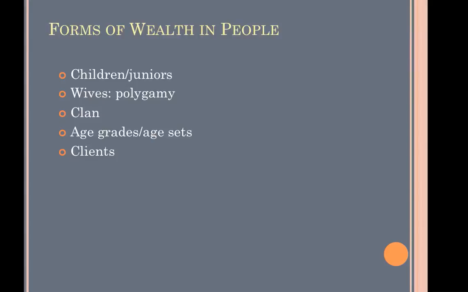Now, if the patron ever needs any kind of assistance, if they want to plant a new field, if they need help harvesting or processing, anything like that, the client is obligated to drop whatever they're doing and help out the patron. The flip side of this is that the patron has already given the client something really important, something that can be productive and help them in their future. But it also means that if the client is ever in any kind of trouble, if their crops fail, for instance, and they're starving, they can call upon the patron for help, and that patron also is obligated to help them.